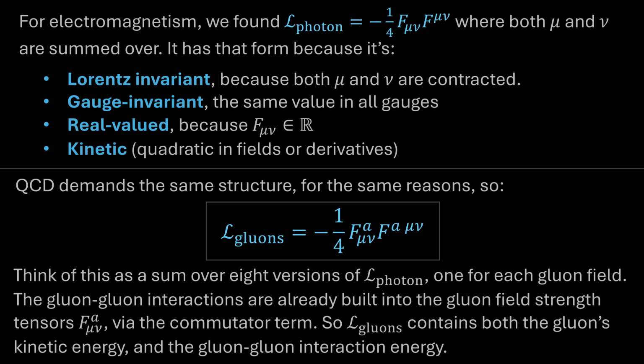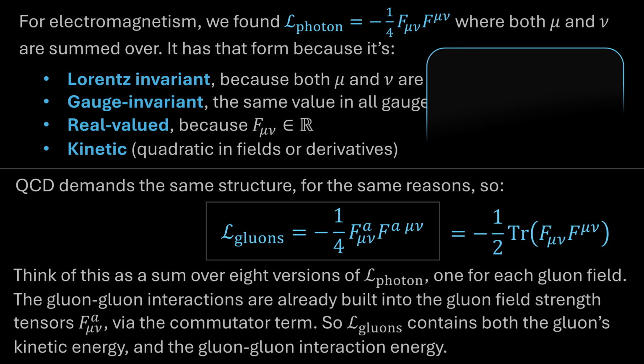Okay, now it also has to be said that this expression shown here, which I do think is best thought of as simply a sum over all the F mu nus for each of the 8 gluon fields, can also be written as 1/2 the trace of F mu nu F mu nu, where now the F mu nus are the SU3 matrix-valued fields. So if you want to, you can think about the Lagrangian term in terms of those matrix-valued field strength tensors. It's up to you. These things are mathematically equivalent.